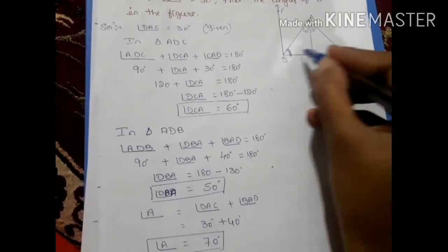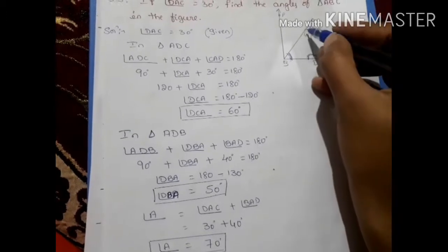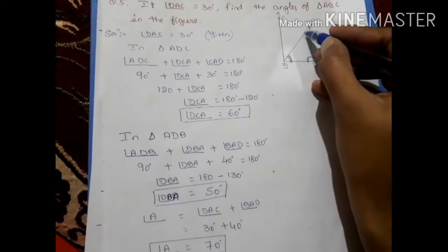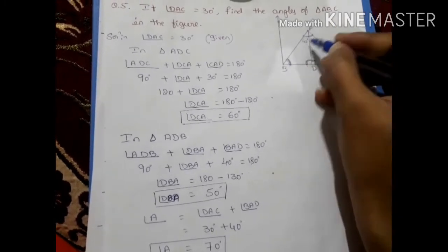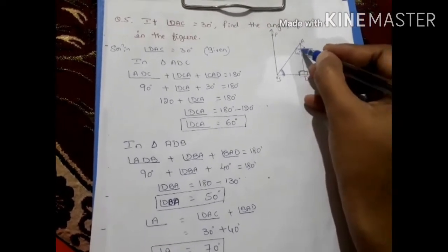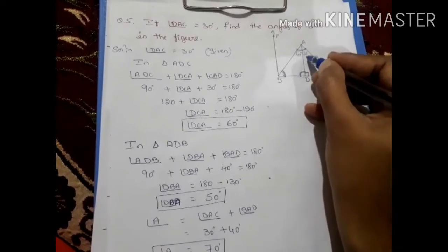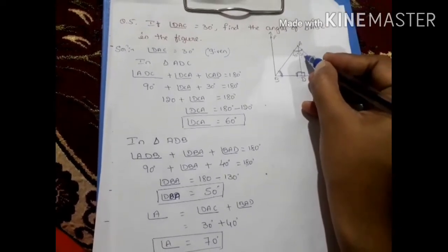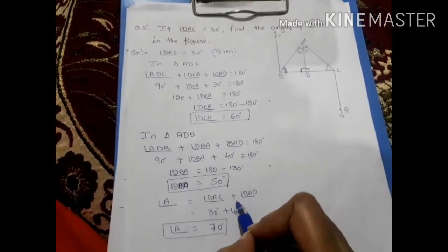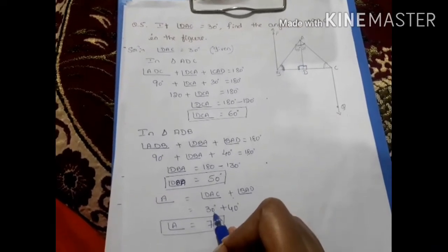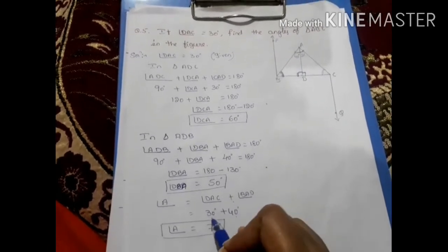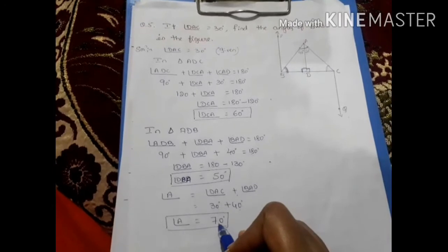Now we got this angle and also this angle in triangle ABC. Now you have to find the third angle, that is complete angle A. They have given only this half part of the angle, that is 40 degrees, and also in the question DAC is given as 30 degrees. Then complete angle A is equal to 40 plus 30, which is 70 degrees. So you have to write here angle A is equal to angle DAC plus angle BAD. DAC is given as 30 degrees plus BAD also given in the figure as 40 degrees. The sum of these two will give angle A equal to 70 degrees.